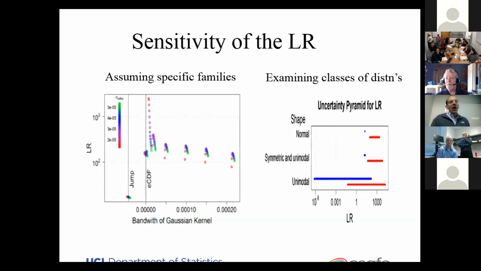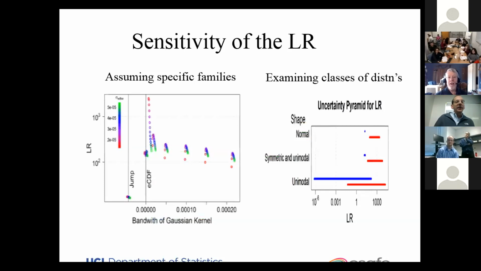And that's kind of the horizontal axis here. And there are a few things to note, right? So one of which is, in this particular choice, this seems like lots of likelihood ratios, but everything here is normal on the within, and everything here is what's called the Gaussian kernel estimate on the between.